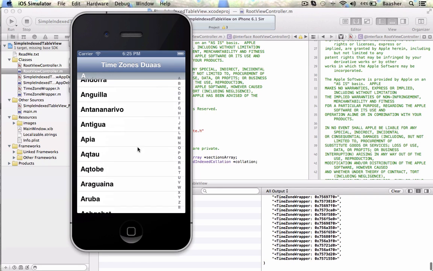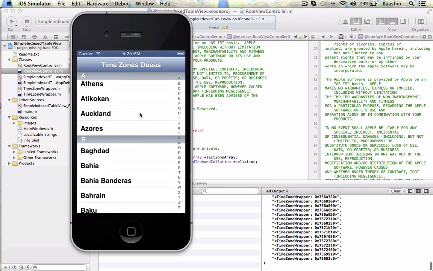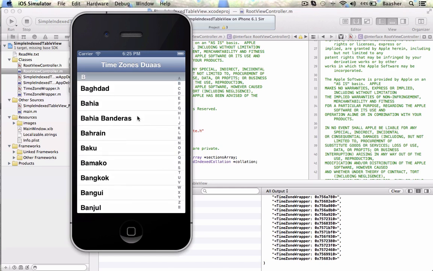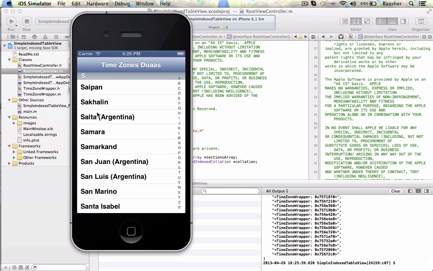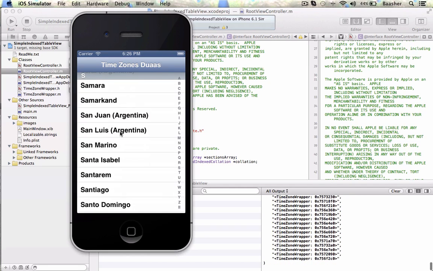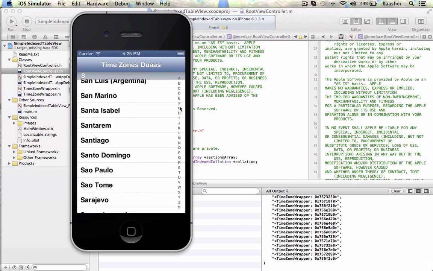See, if I scroll it, there are A's, and then as soon as I come into B's, B scrolls up, and now B is going to stick as I move up. See how it goes from A to Z. If I'm looking for something that starts with an S, I can click on S and it'll jump over there. So that's the index showing up on the right side,